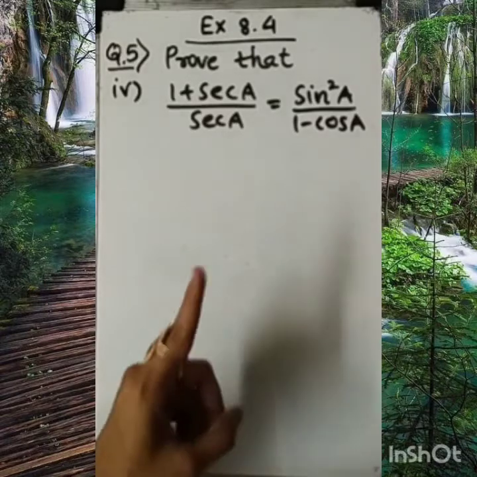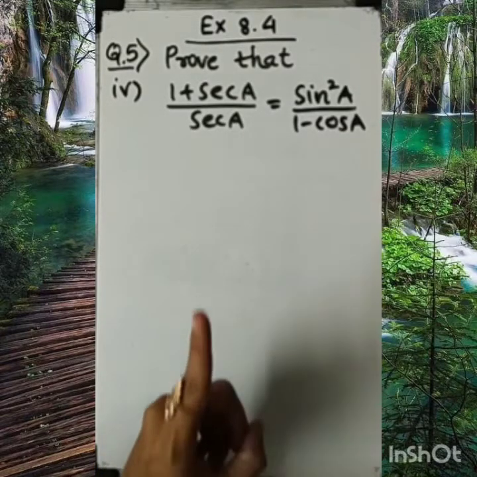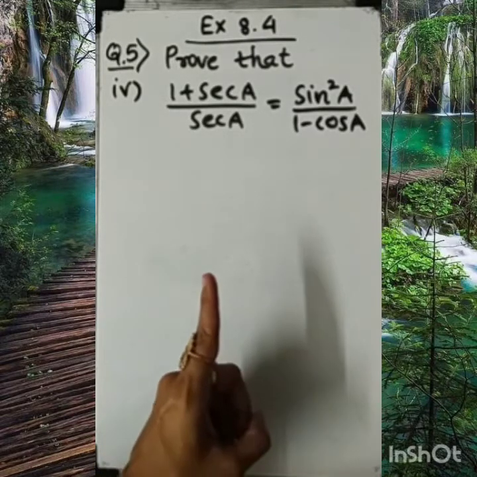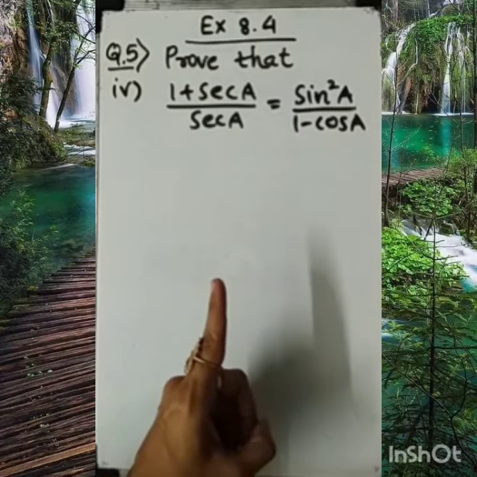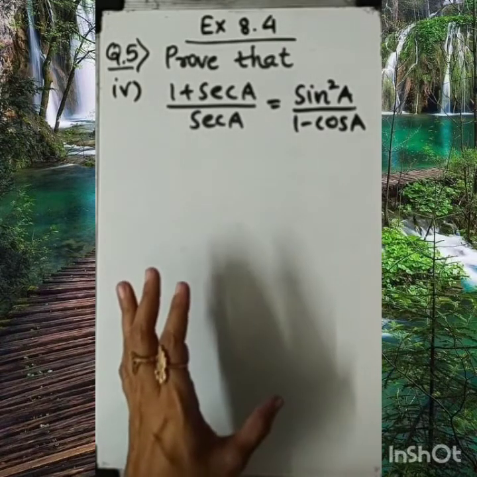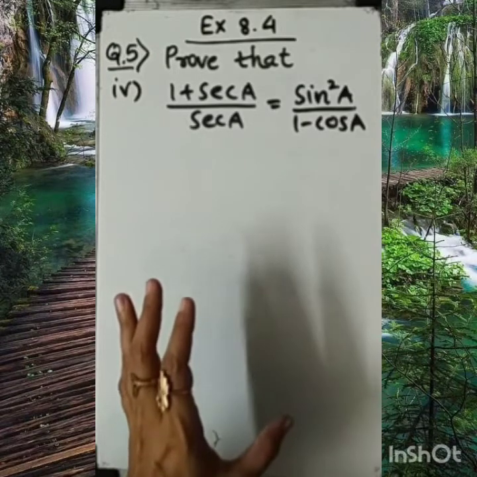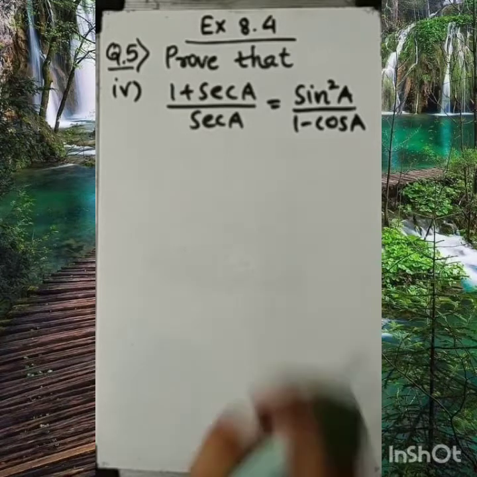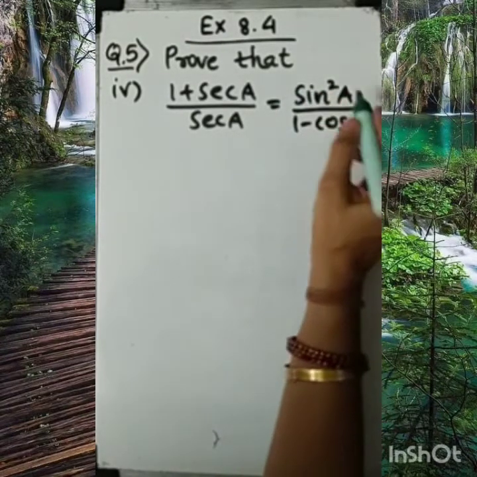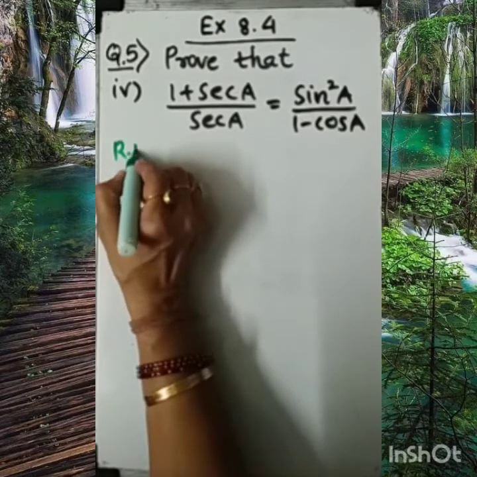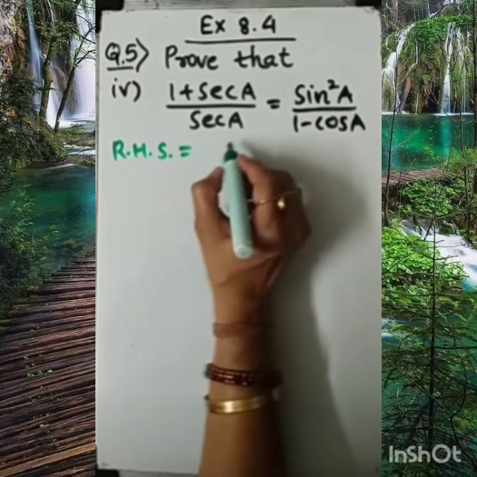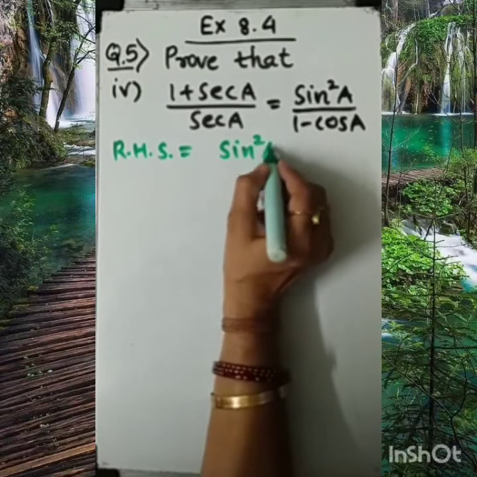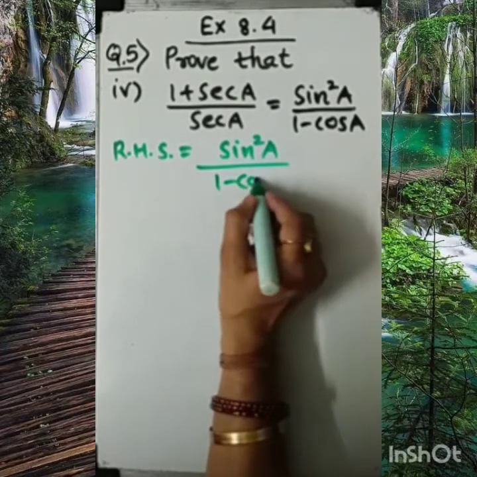And one more important thing I am telling you, there isn't any single technique for solving the sums. There are so many techniques of solving the sums. It depends on the variety of the question and on the knowledge of yours, dear student. That's why here I am teaching you one of the techniques from that. Okay, so as I feel comfortable to go with RHS, I am starting my question with RHS. Sine square A upon 1 minus cos A.